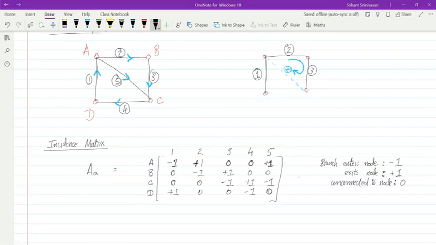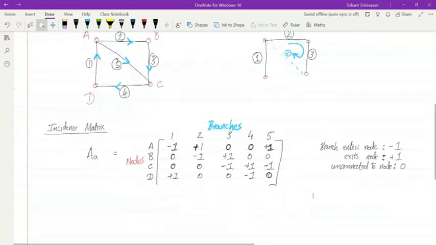Okay. So I have created an incidence matrix. On one side, I have all the nodes, and on the other side, I have all the branches. This incidence matrix came from the basic graph, and the way I was able to draw it is because I defined some arrows using common sense, and they need not necessarily be correct in the sense of the final answer, but I'm going with some reference directions. And based on the reference directions, I came up with what is known as an incidence matrix. Do you see anything interesting in the structure of this incidence matrix?